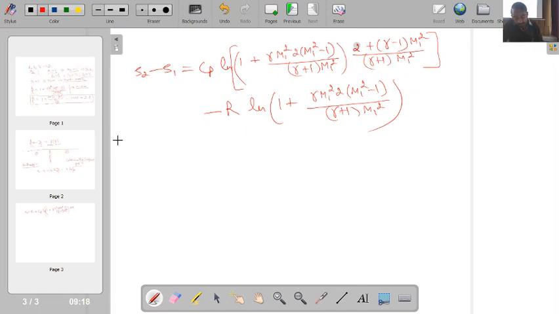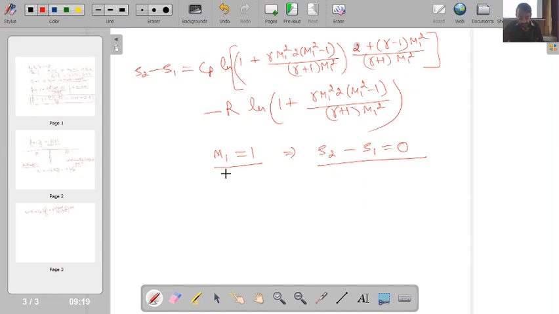So now you will find over here that when my Mach number is equal to 1, as I told you, T2 by T1 and P2 by P1 will be equal to 1. So there will not be any change in pressure ratio and temperature ratio if you substitute in this equation. So for Mach number of 1, we will find that S2 minus S1 will be 0. If you substitute Mach number equal to 1, you will find that S2 minus S1